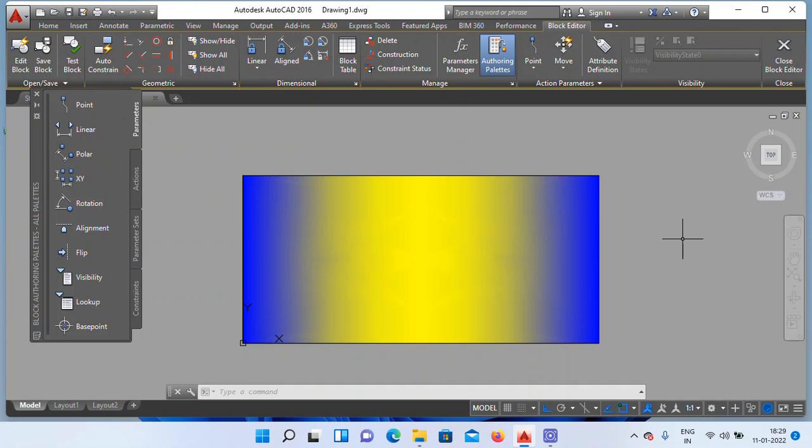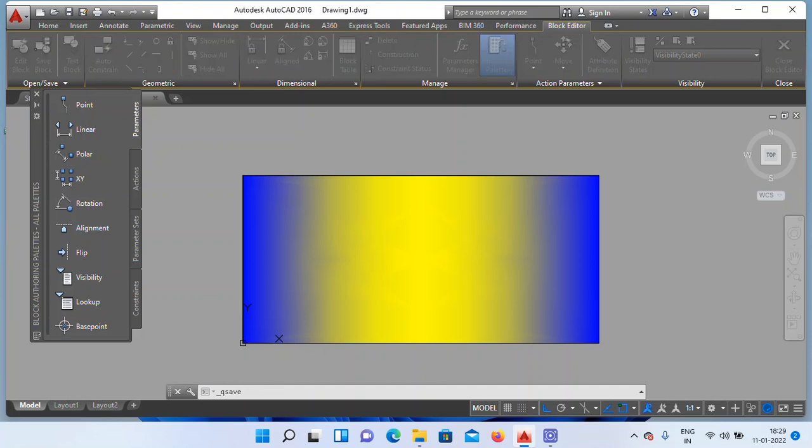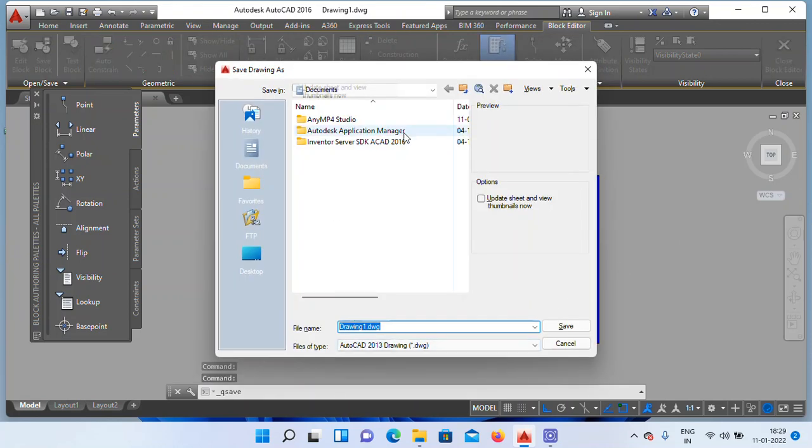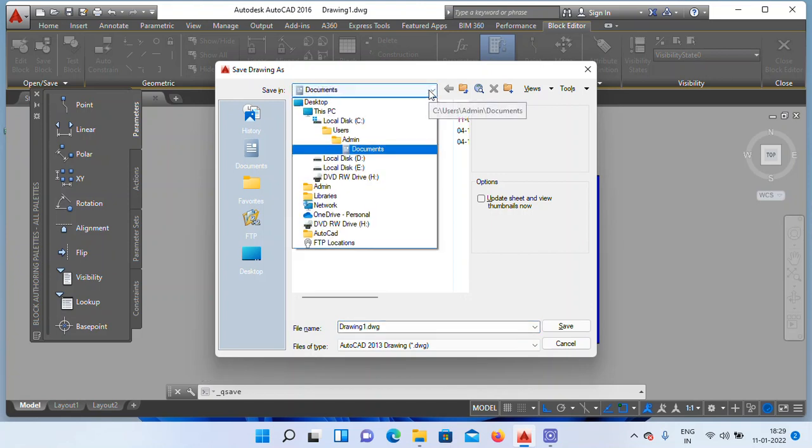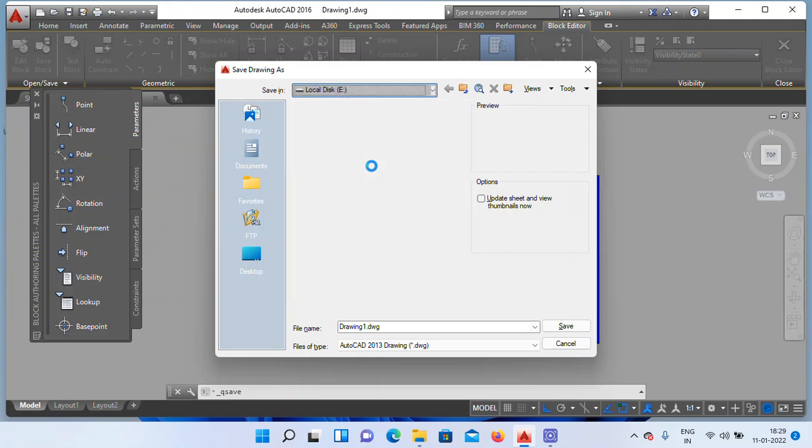Press Ctrl S. Here select the location, example E. Here glass. In file name, give your file name, any name. Example glass.